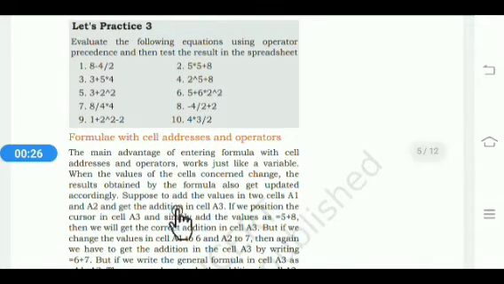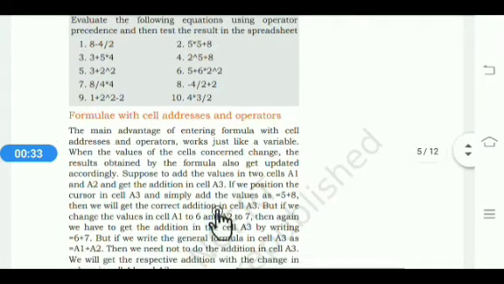Suppose we want to add the values in two cells A1 and A2 and get the addition in cell A3. If we position the cursor in cell A3 and simply enter equal to 5 plus 8, then we will get the correct addition in cell A3.